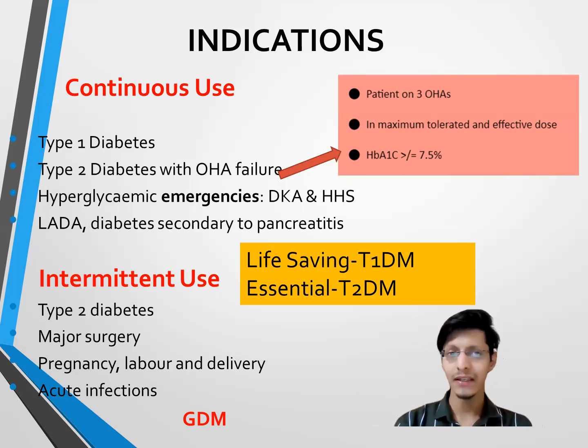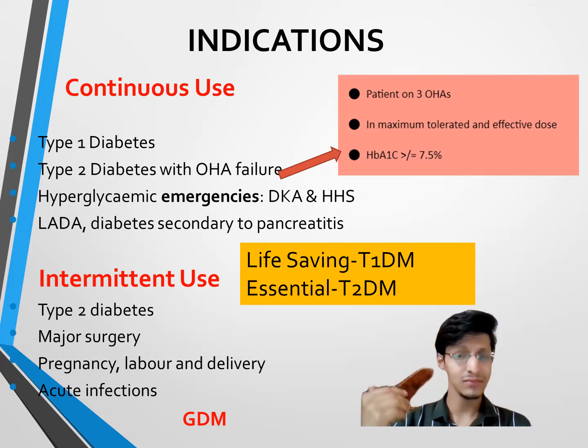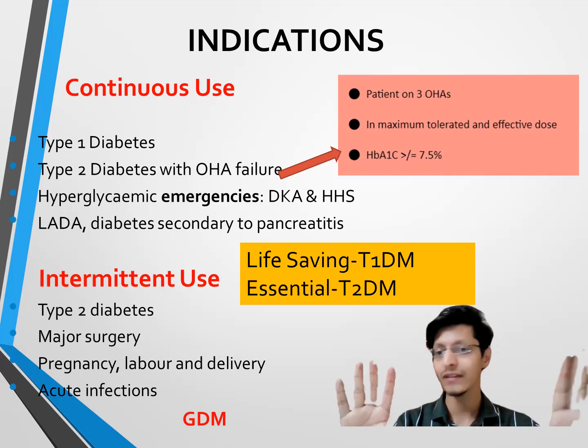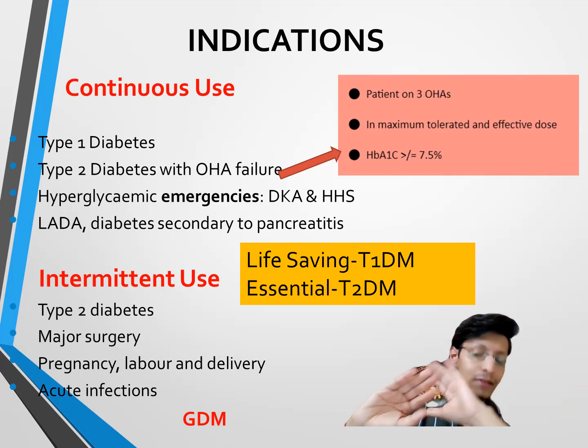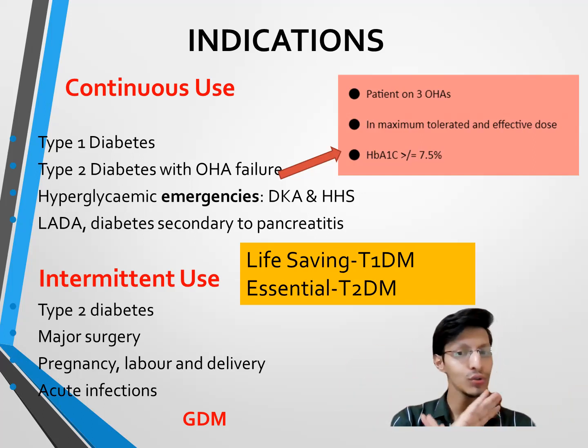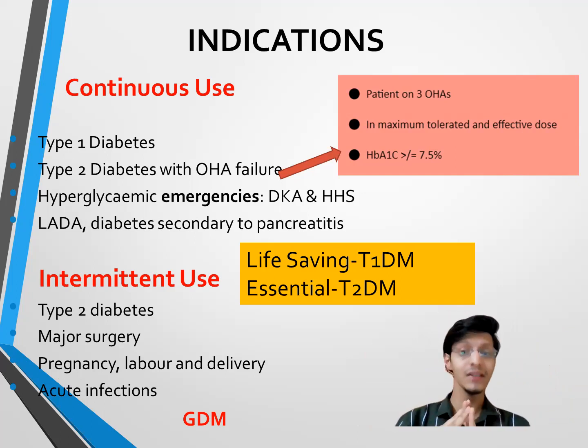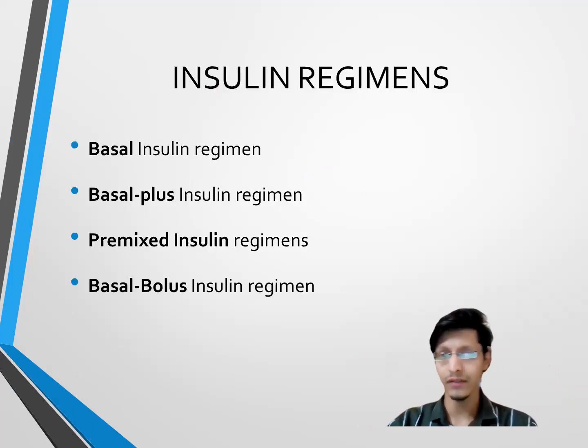Then we all know in DKA and in HHS, in latent autoimmune diabetes of adults, diabetes secondary to pancreatitis. Add-ons, जहाँ surgery करनी है at the earliest and RBS is uncontrolled, we have to give it. Then in the patients of pregnancy, it is a drug of choice. You do not give any other drug. Pregnancy है, diabetes है, insulin दोगे और कुछ नहीं देना है. There are a lot of other drugs speaking a lot of things, but what is safe is insulin. वाइवा में आंसर क्या करना है? Insulin. और कुछ नहीं आंसर करना है. Don't go to the studies in the vivas.